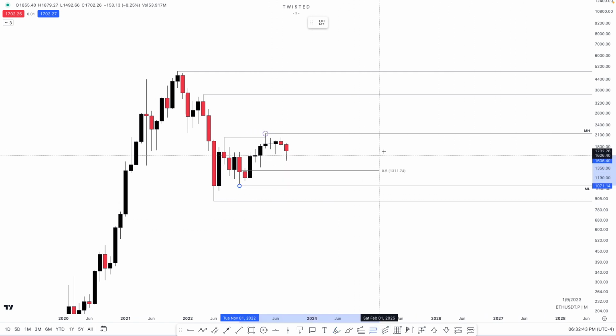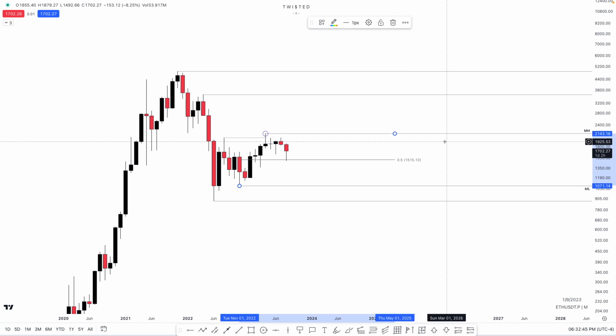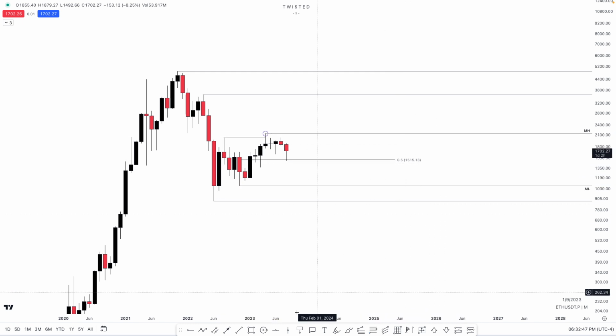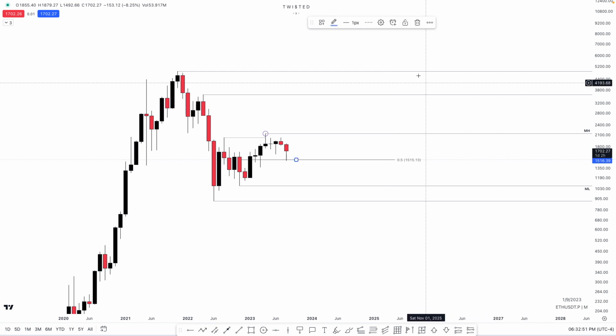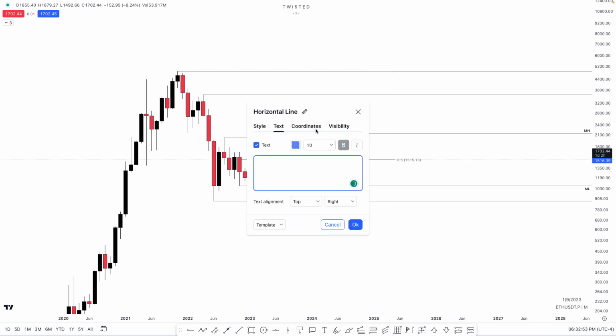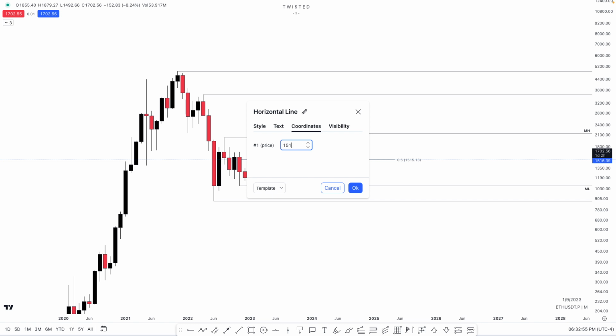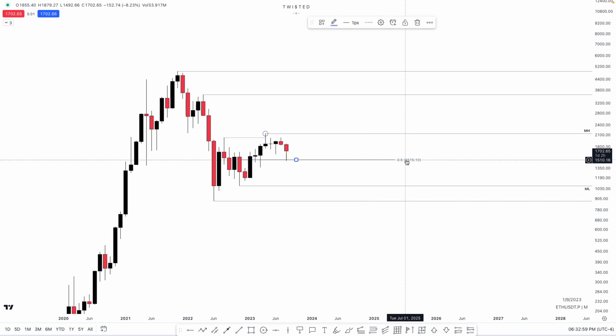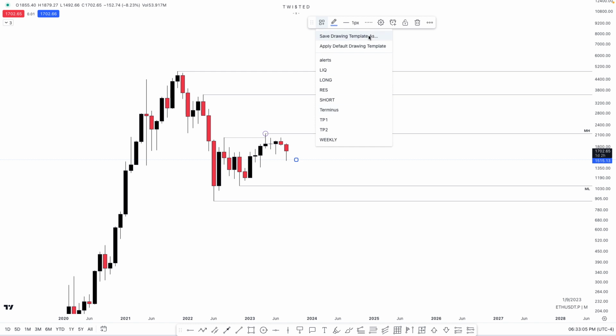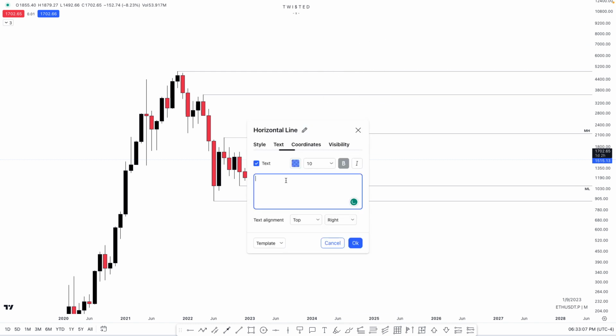And just to build more confluence, we can have a 50% marked out here. That will be at 15.13. So we'll mark out here, and we'll just change this to 13. Perfect. And we can remove the Fibonacci. We already know that this will be our midpoint, so we can also label it